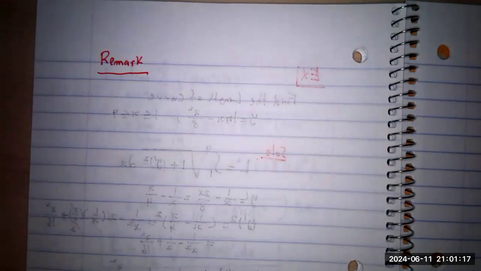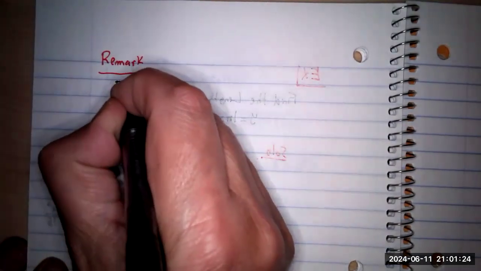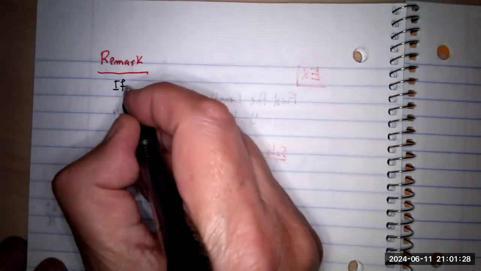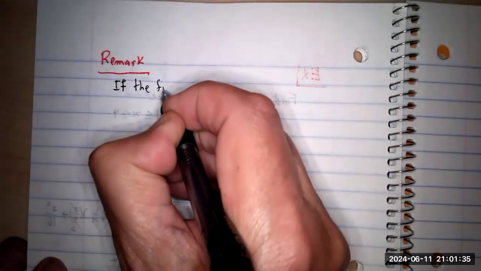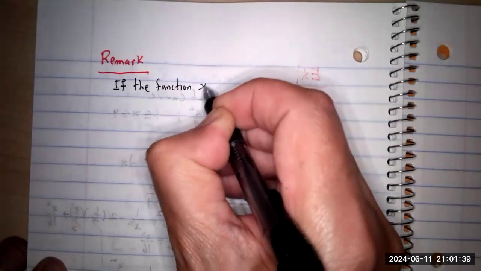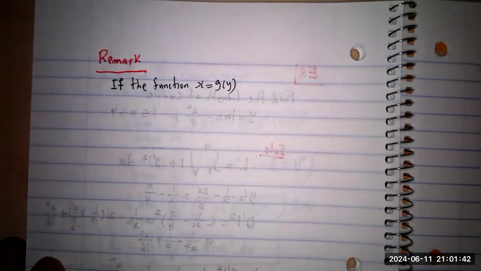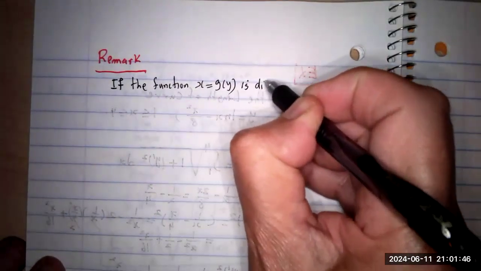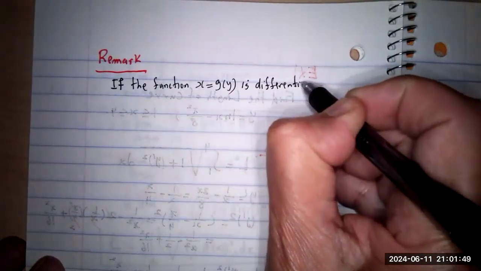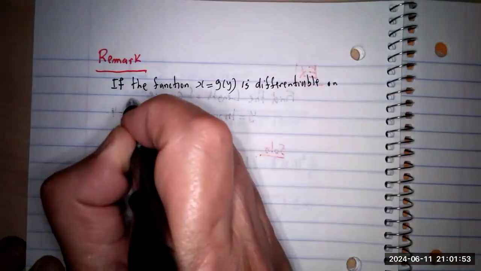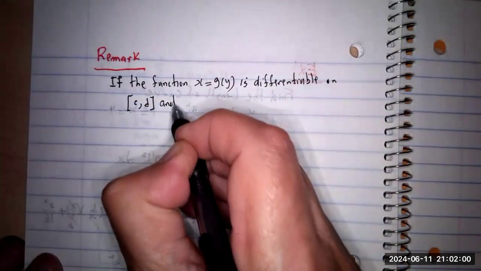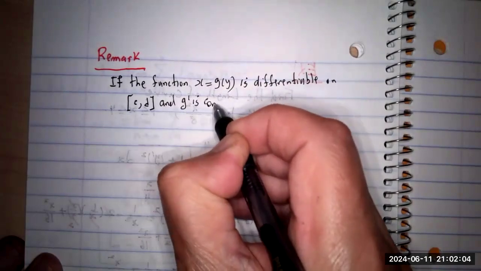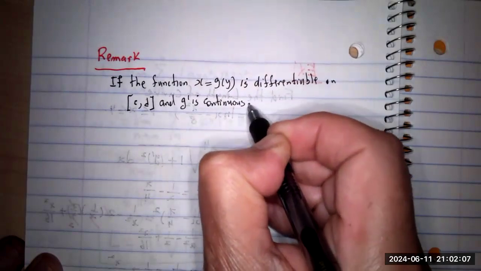We can do it. So if the information of your function is this one, if the function is x equal to g of y, where g of y is differentiable on the interval c to d, and g prime is also continuous with respect to y, of course, then